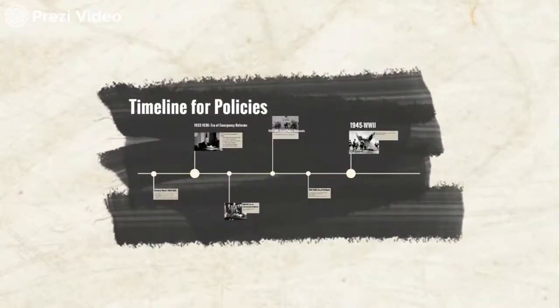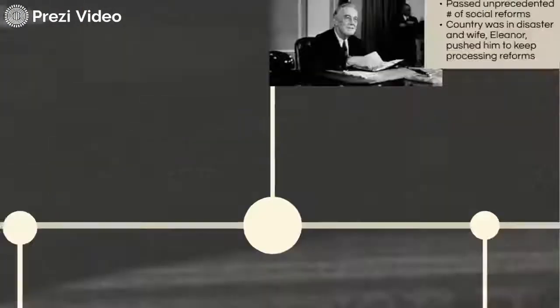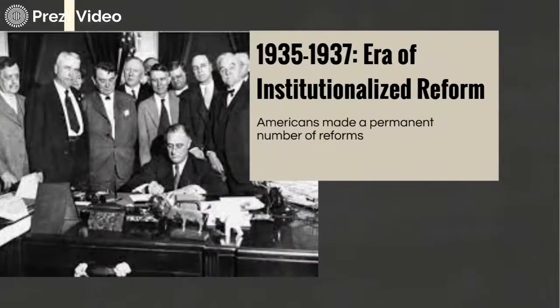So for a timeline, during 1932, President FDR was elected, but during this time, Herbert Hoover was still in office. Unemployment, stock market failure, bankruptcy, and war were really present, and he did pass the Reconstruction Finance Corporation, but it didn't help much. And then FDR was elected. He passed a lot of reforms with the help of his wife Eleanor. And then